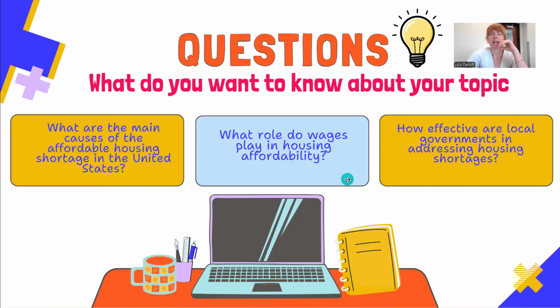Another question I might be asking myself is, what role do wages play in housing affordability? People make certain amounts of money when they work. So how feasible is it that people are able to afford a home in the 2020s, given what they make at their job? And then another question I might want to ask is, how effective are local governments in addressing